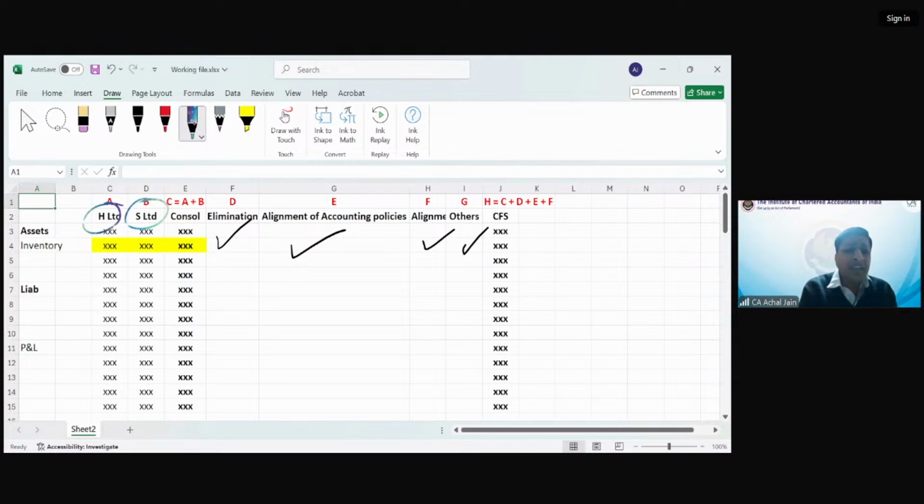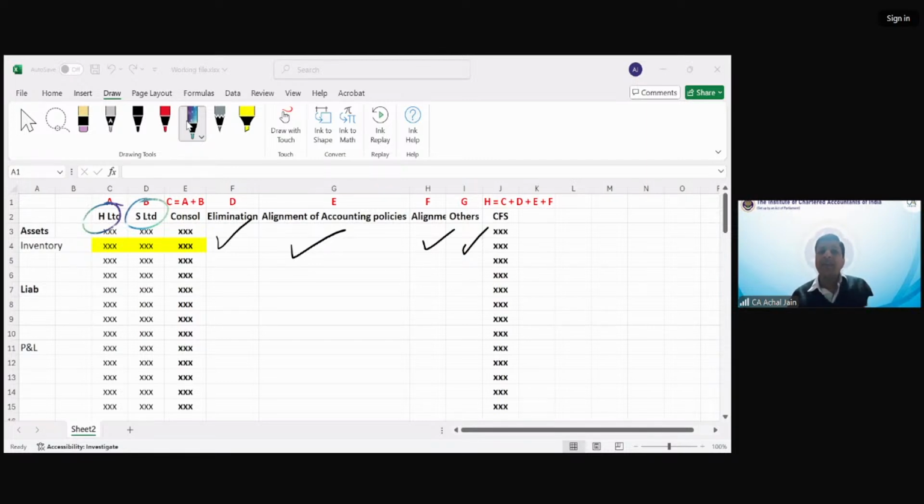Can you tell me what proportion of assets of subsidiary are being picked up by H? Is it 80% or 100%? We just solved that. All of you are saying 80%. No, it was 100%. So if you go back to the solution, see for all the assets, all the liabilities